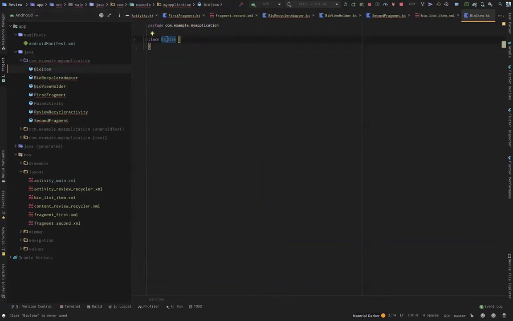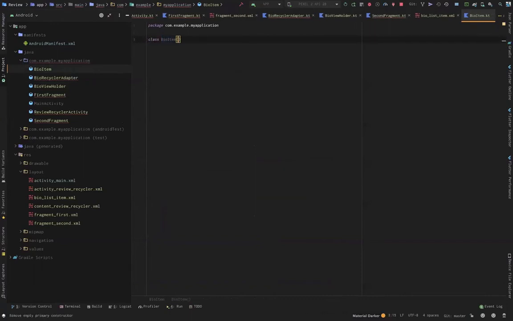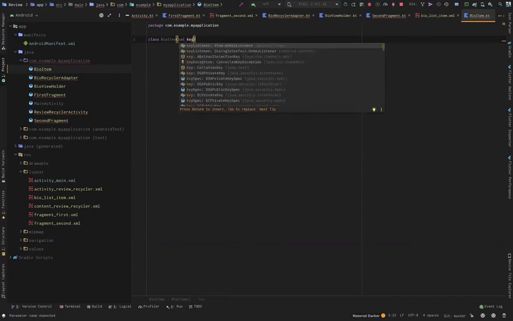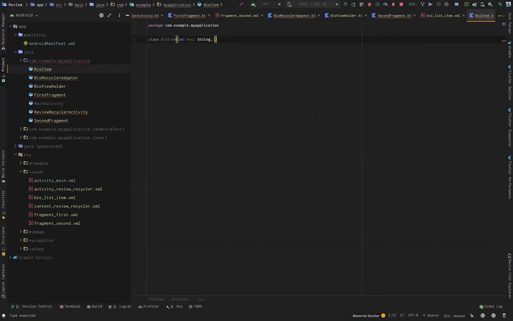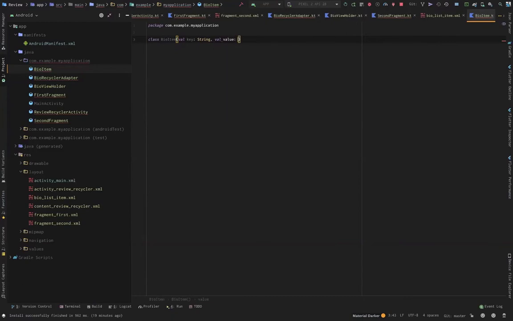So this is of type class, but we don't need all these generics here. It's only going to take 2 items, val key of type string, and val value, also of type string. But since we know that this is only holding values, it's not doing anything that a normal class would do, like extending this view or doing other things,